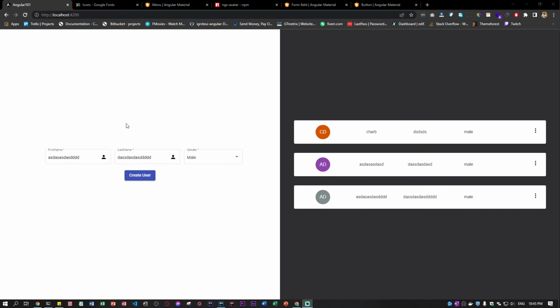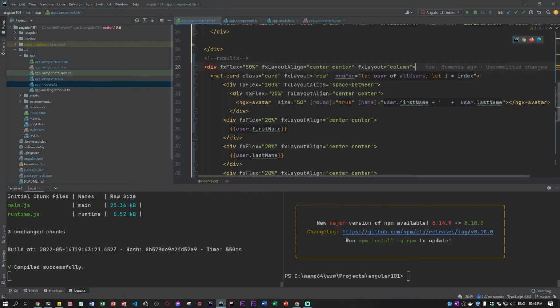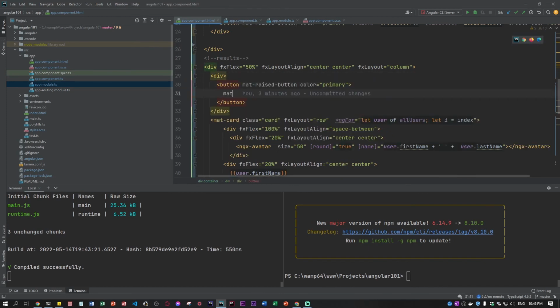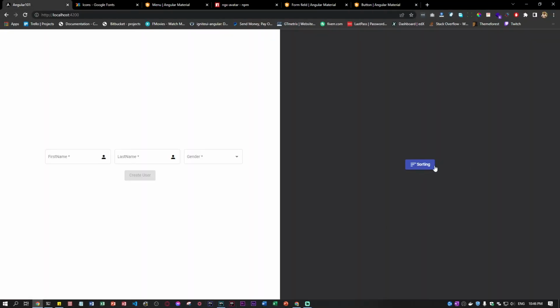Let's go back and sort the all users by ascending and descending. So I'll be using the same button as the mat raised button. So above the mat card, we'll create a div and we'll put the button in it. And I'll actually also add the mat icon, and it will be sort, and the name will be sorting. All right, so let's go back, see the changes. So now we have the basic button, sorting,